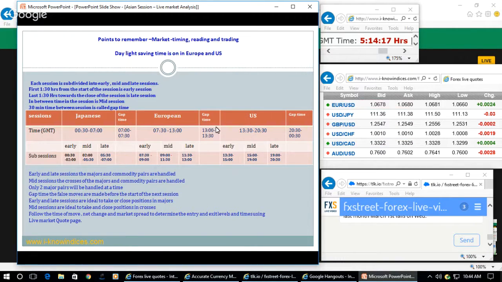We need to use the GMT time frame to refer to the market so that wherever we are, we will be in a position to refer to the market at the appropriate time. If we try to use our local time, I may say that it is during my morning hours, it is like this. And somebody in US might say that during my night hours, it is like this. Instead, if you use one single universal time, namely the Greenwich Meridian time or GMT, then all will be referring to the same time and the tick,